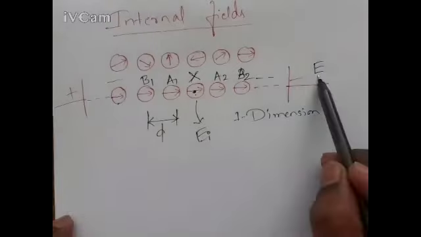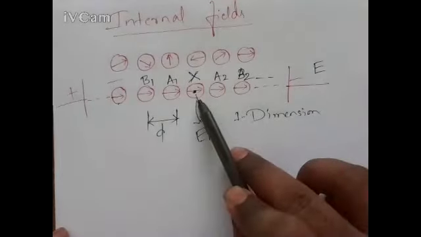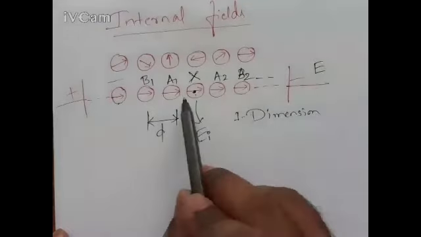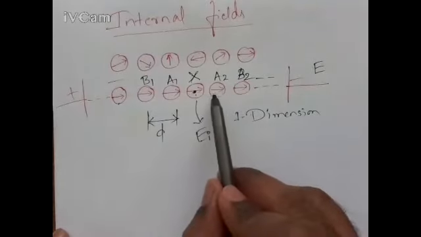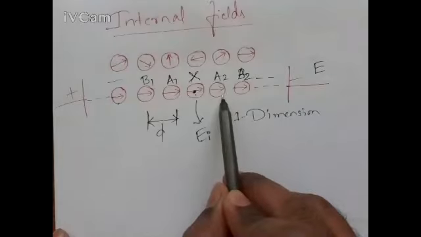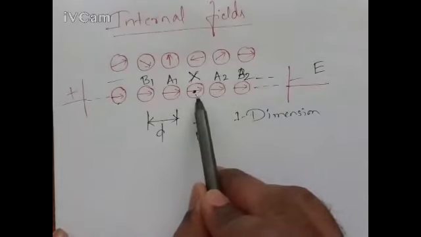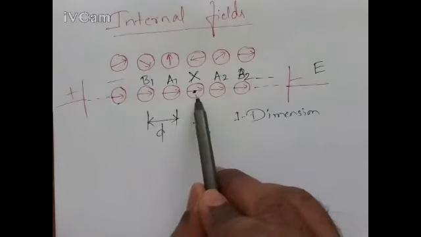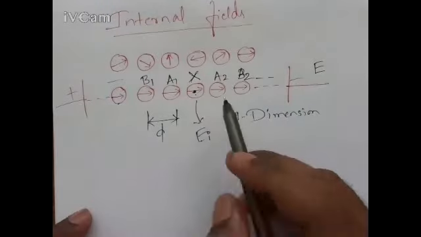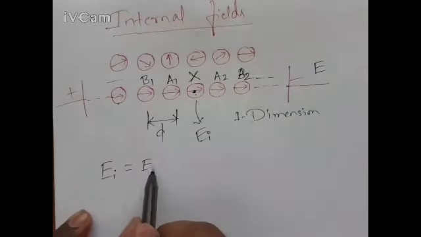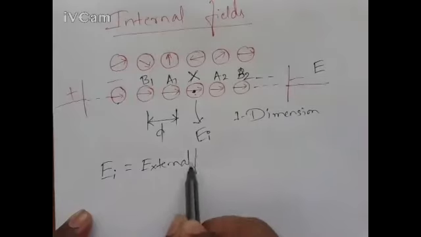One is the external field which is acting on this, and there is the field due to A2, field due to B2. These all will have individual fields, because this is positive, this is negative. We have considered this as a dipole, so the field due to this dipole is influencing this. Like that, all the atoms collectively give the effective field on this. So the internal field EI is equal to the external field,